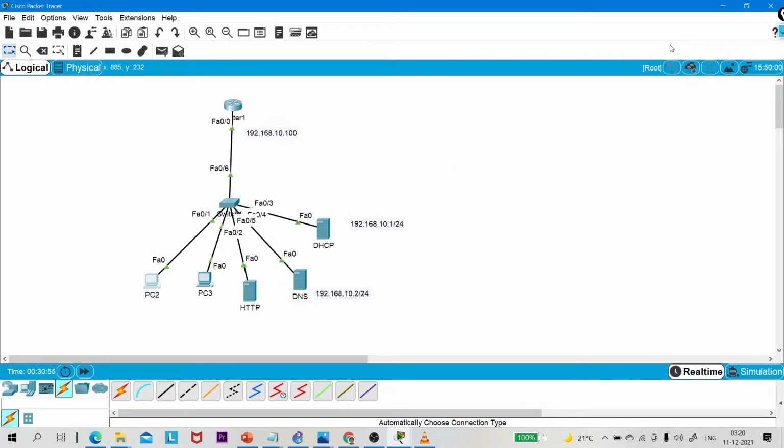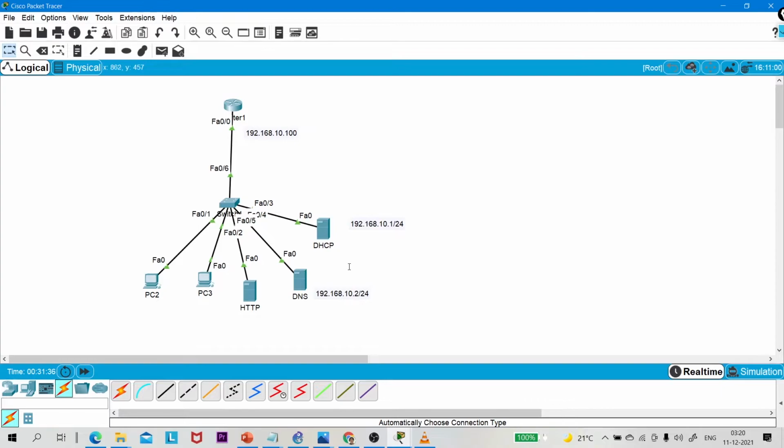Now understand how DNS works, right? So what is DNS? DNS stands for domain name server. What is the use of DNS? DNS is used to resolve an IP address from a domain name, because it's very difficult to remember the IP addresses of all websites. We can remember domain names. We know www.google.com, facebook.com. But we never remember the IP address of google.com or the IP address of facebook.com, right? So the DNS server is responsible for resolving an IP address from a domain name, right?